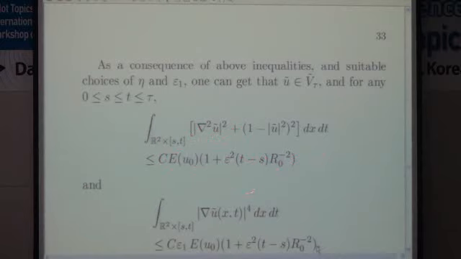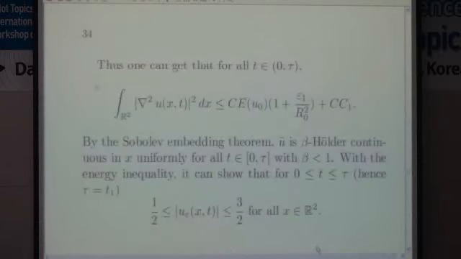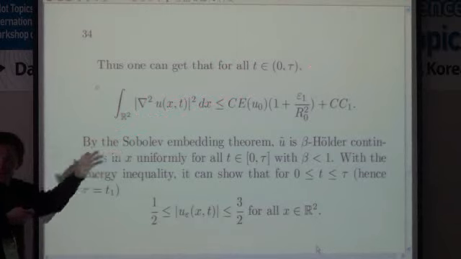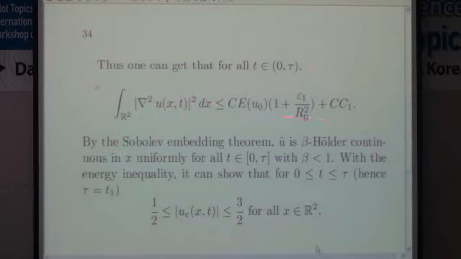And similarly, you apply the Lorentz-Scalia inequality again, then you can prove this is also bounded. And then, rescaling back, you can get that the second derivative is bounded in space. In space, the L2 norm is bounded. So of course, by Sobolev embedding, this is 2 dimension, so we know this U must be Hölder continuous, right? Hölder continuous, and